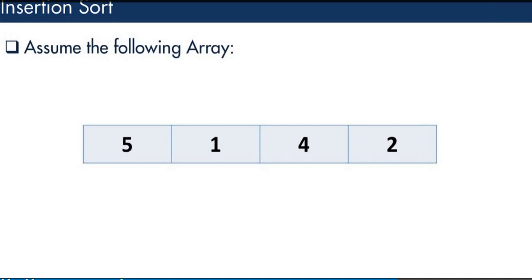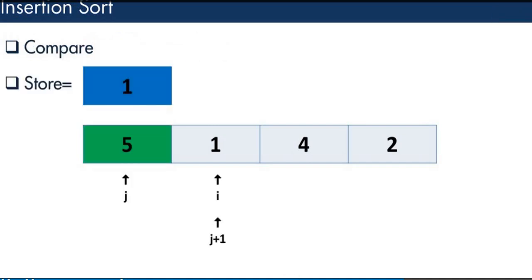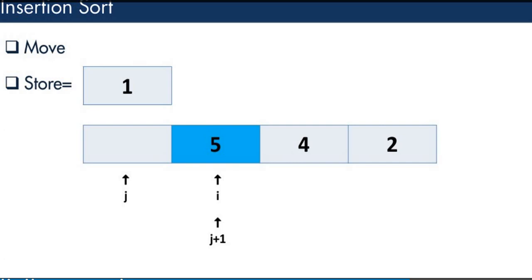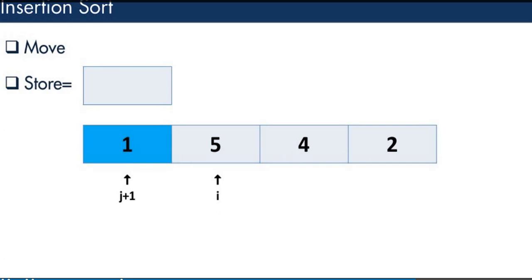So now we can see the procedure for this. As I have said, you have to take the number which is sorted here. So 5 is already sorted. Now in the next step you have to take the next element and that will be compared with the previous number. So if it is smaller, then it will be placed before the first element, and if it is greater, then it will be placed after the first element. So now you can see here that 1 is placed before 5, right? So now you can see here that 1 is at the first position and 5 at the second position.